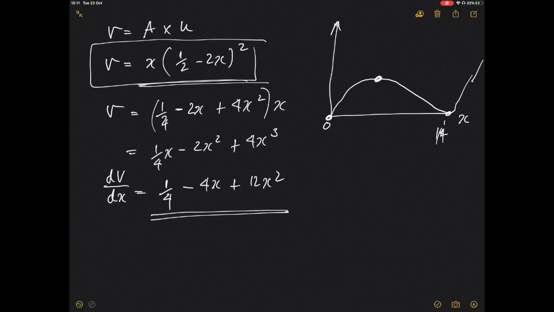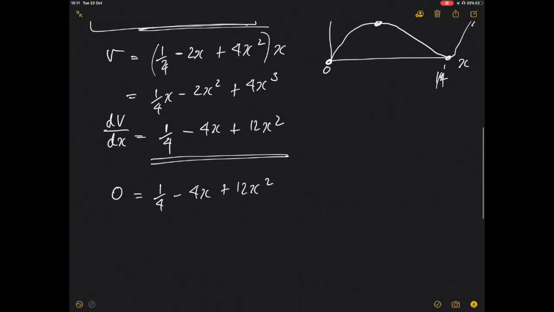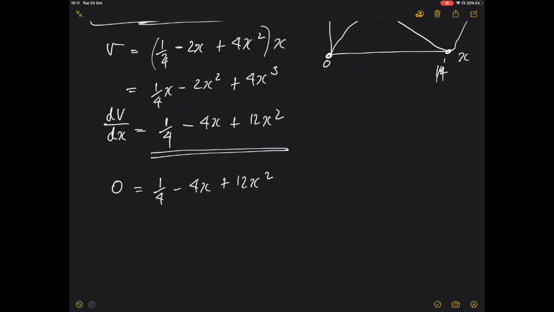and we can begin to solve for x. So if we then put this equal to 0, we would say that 0 equals a quarter minus 4x plus 12x squared. You could stick this in the quadratic rule, but this screams to me, as it's a function of 4, that 0 equals 1. We'll turn this round, so 12 times 4, we multiply it by 4, and we'll get